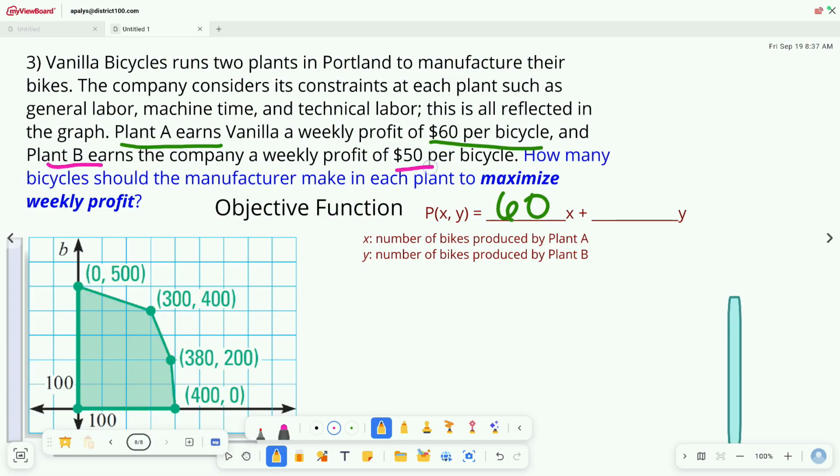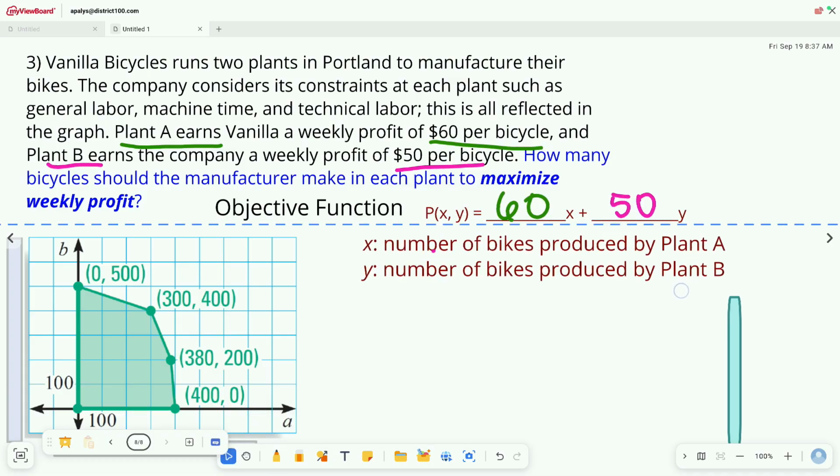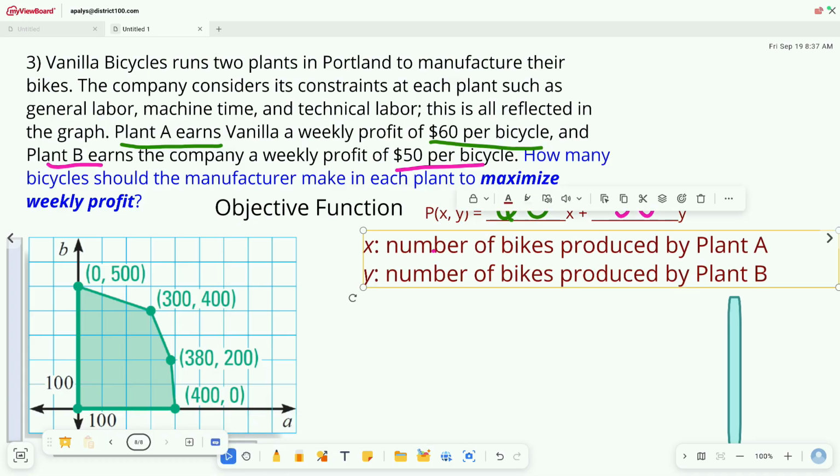Plant B has a profit of $50 per bike. So $50 times Y, the number of bikes at plant B. Do you want me to make that bigger? This one was probably covered up on your paper. So X is the number of bikes produced by plant A, and Y is the number of bikes produced in